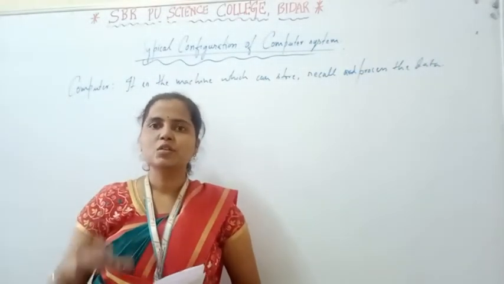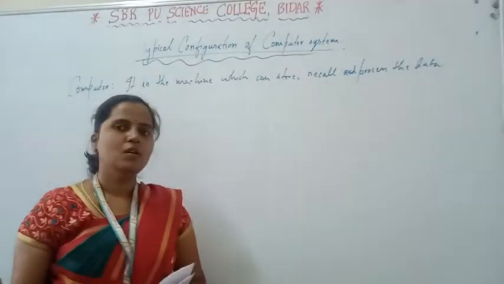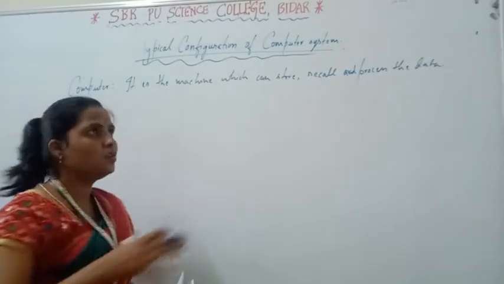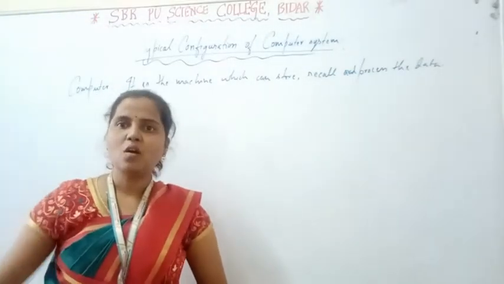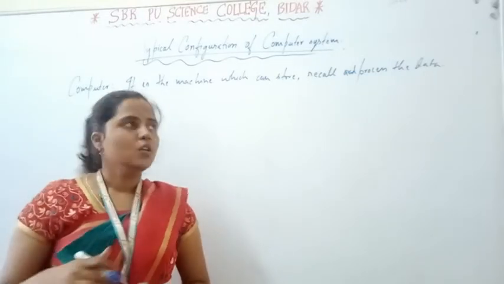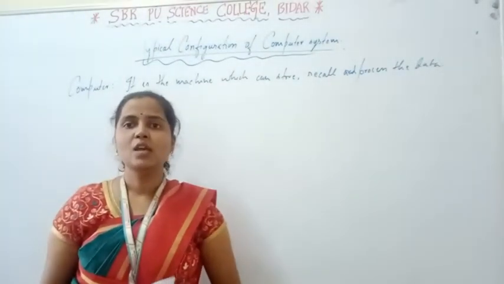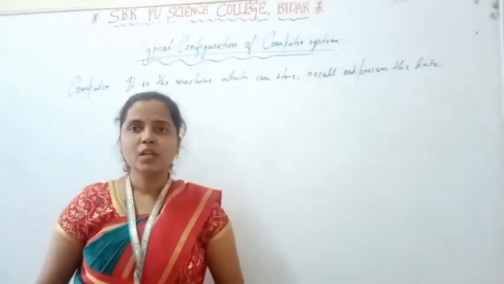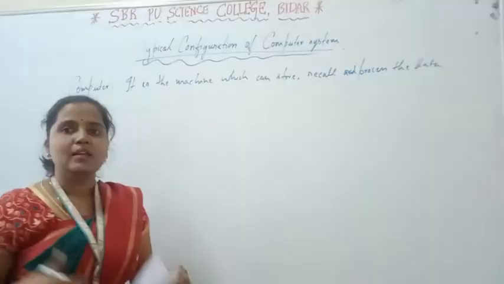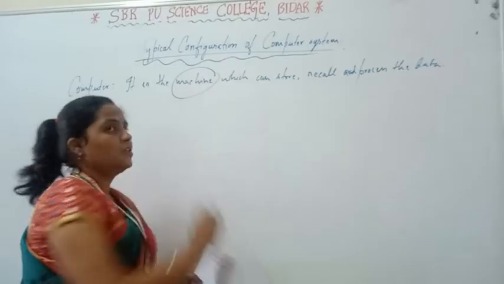So it stores the data, whatever input you are going to give. After a few days or few months or one day, you want that information back. So it can store that information and recall it. Whenever you want the information, you can get it easily, and it can process the data, whatever information you are giving, whatever data you are inputting. If you want the calculation of particular things, then that data will be processed by the computer. Okay, so that machine is termed as a computer.